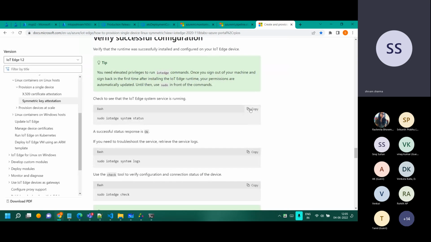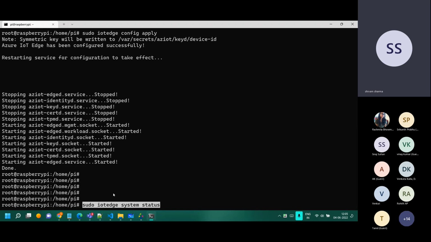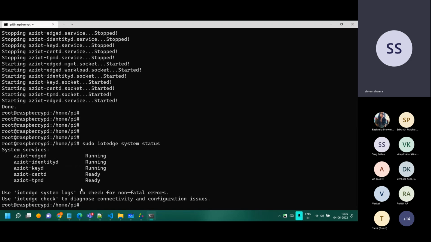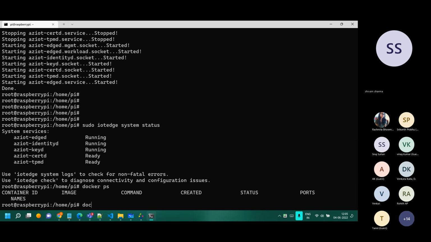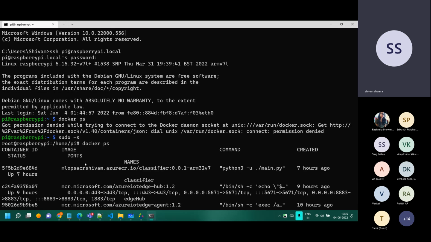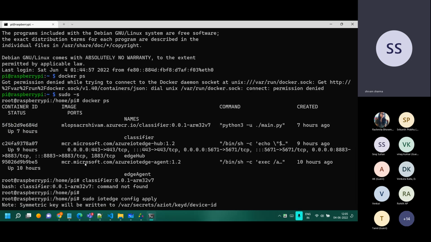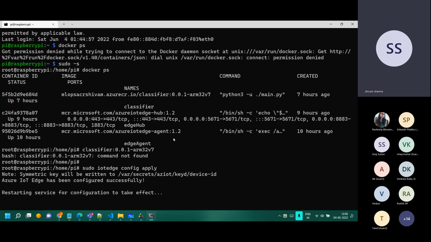We'll see. So this is one of the major parts. What we want to see is the status of the agent which is there in the edge. It will say that okay, everything is running. If I just show you the Docker containers which are in the Raspberry Pi right now, it will be... okay. So I think that's why it was taking some time. It got restarted. I think it will show in a few seconds now.